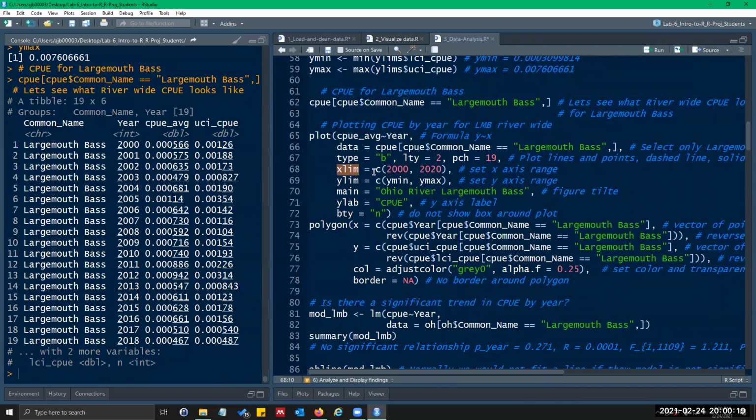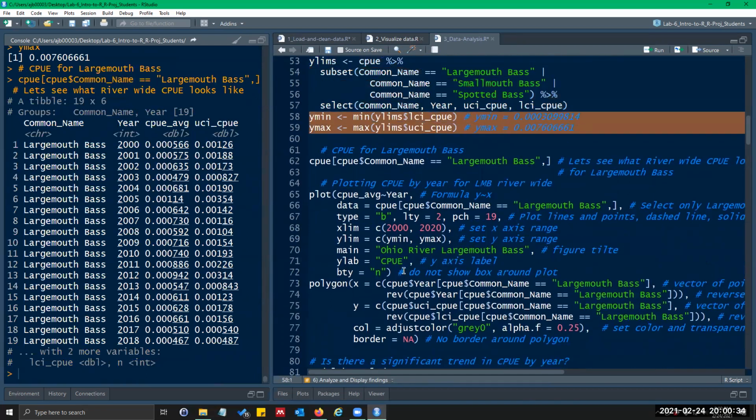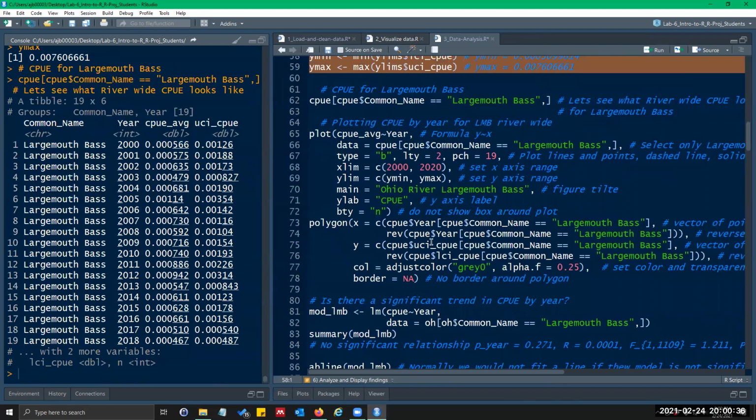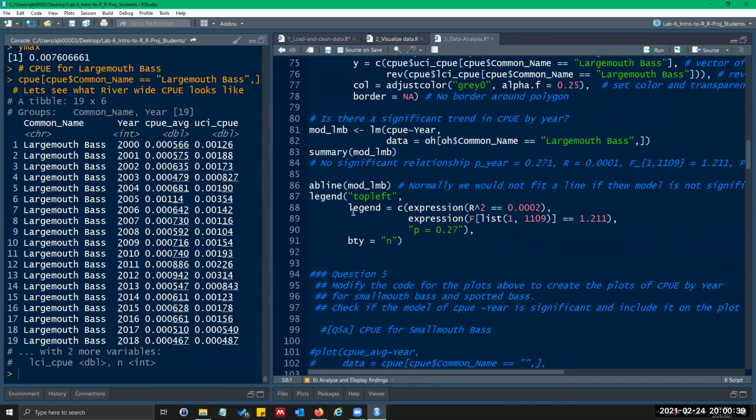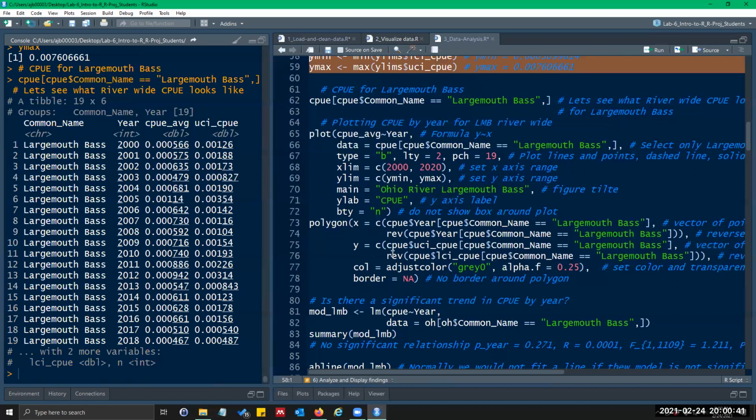So xlim, you give it a vector of numbers. In this case, we want years, 2000 to 2020. ylim, the vector is our y min and y max that we calculated above, and that will make it easier for you guys when you go to answer these questions.